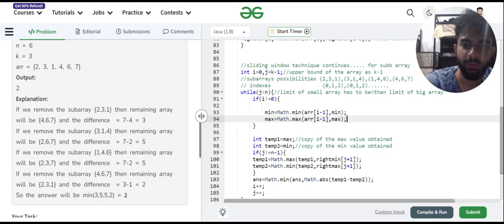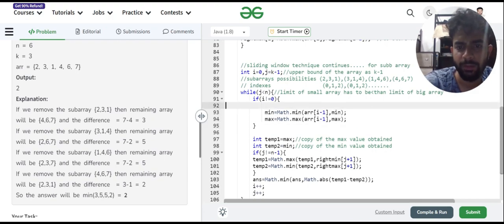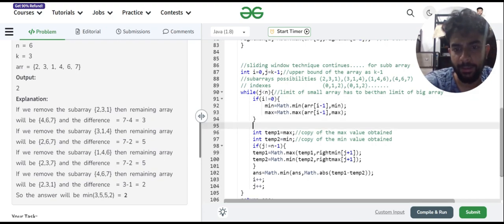Again, I must have some problems. Let's check. So if I'm minimum maximum done, temp 1 equals to min, temp 2 equals to max, and temp 1 equals to min, temp 2 equals to